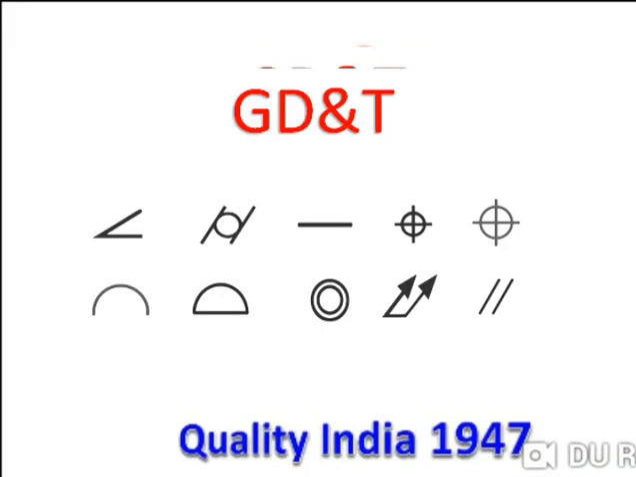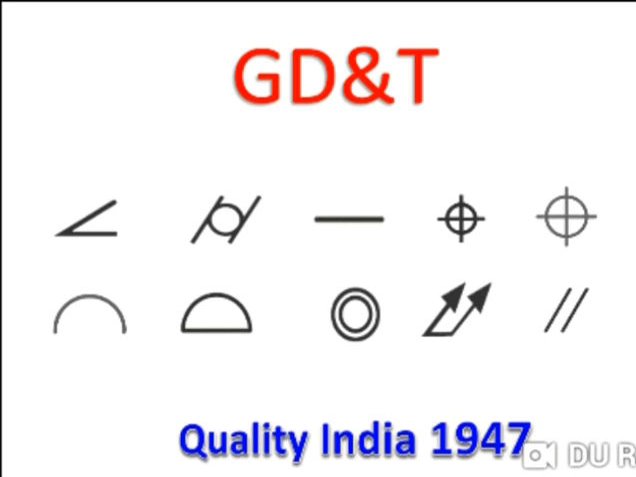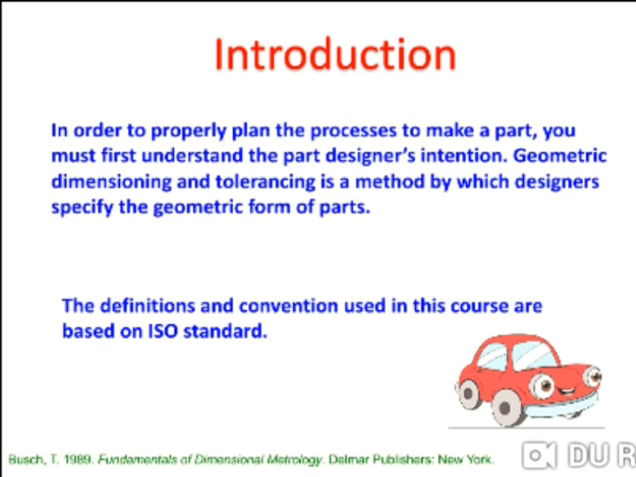Welcome. I'm here to give a brief introduction about GD&T, that is Geometrical Dimensioning and Tolerancing, on behalf of Quality India. Introduction. In order to properly plan the process to make a part, you must first understand the part designer's